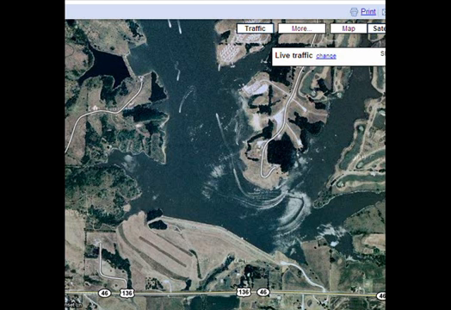One is Google Maps, which you can get through a web browser, and then they have another program called Google Earth, which can also be used to access mapping data, specifically satellite information,